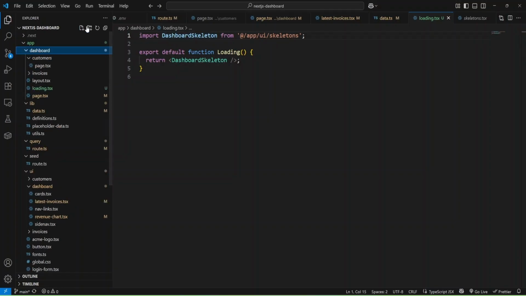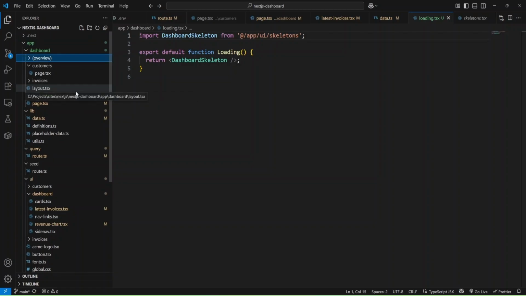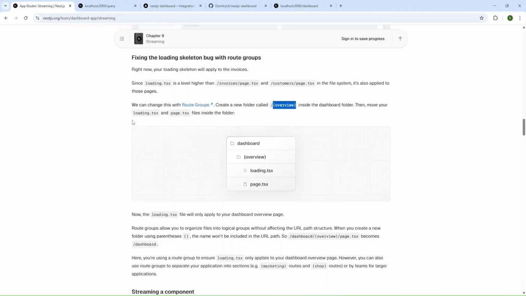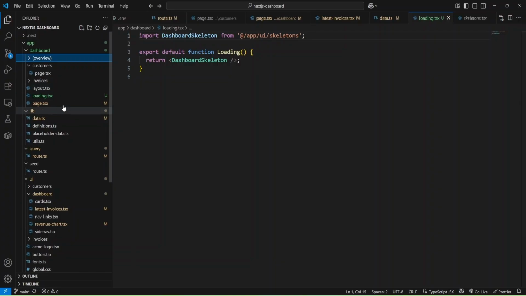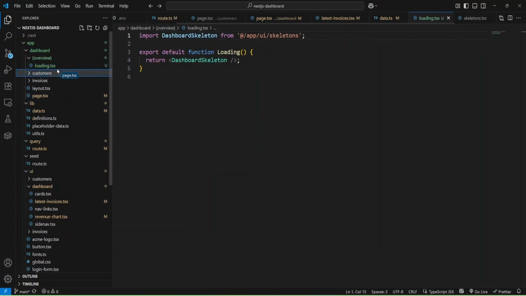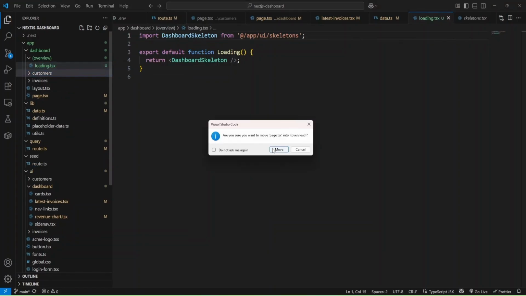Okay, inside dashboard, I'm going to create new folder overview and move our loading and page loading, move, and also our page here.